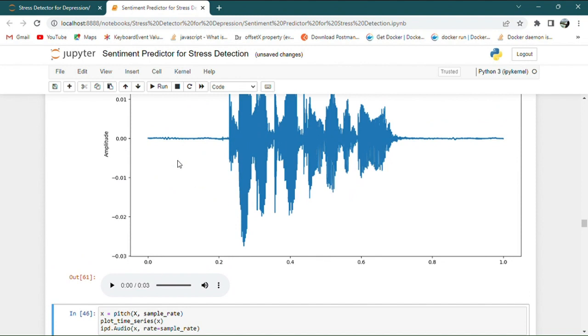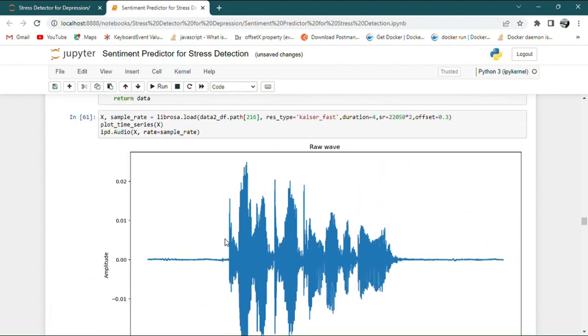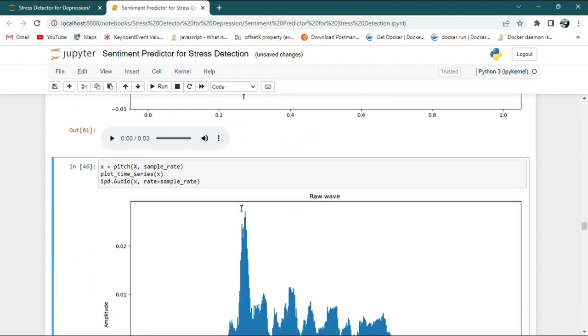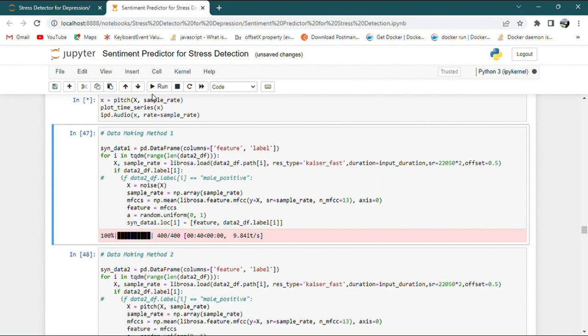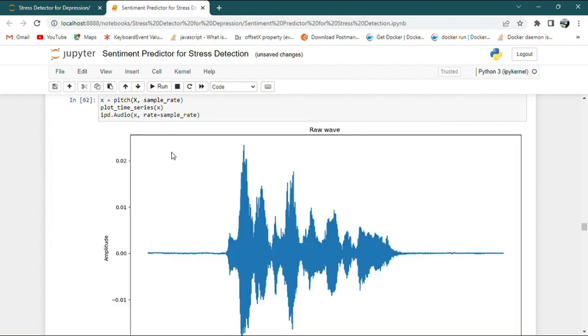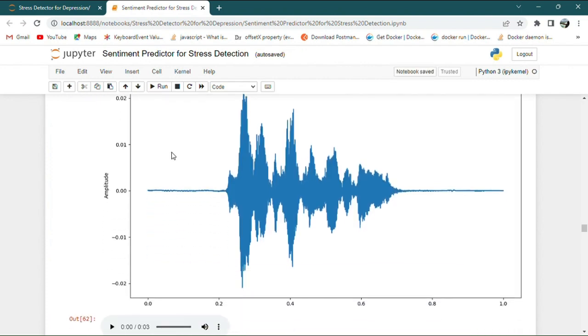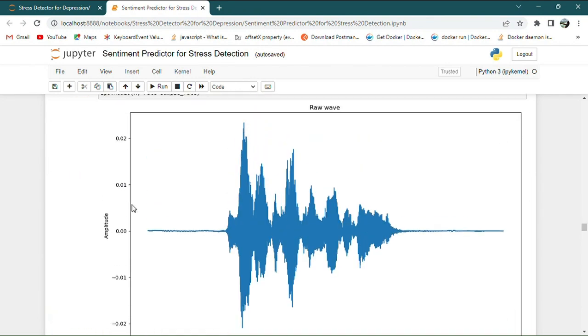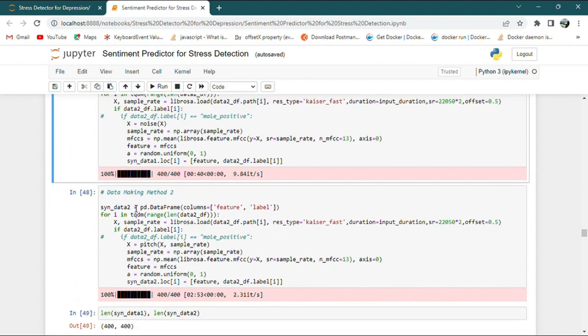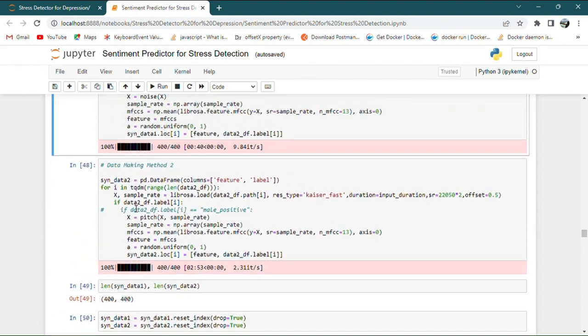So here are the audio raw waves. Now next audio. Okay. Now we have two audios, so there are two data making